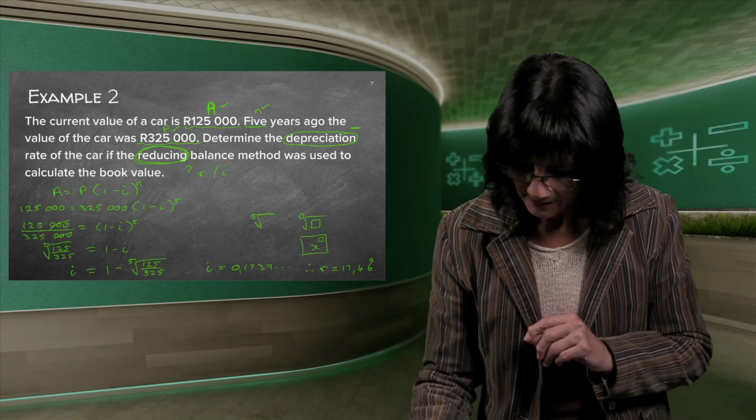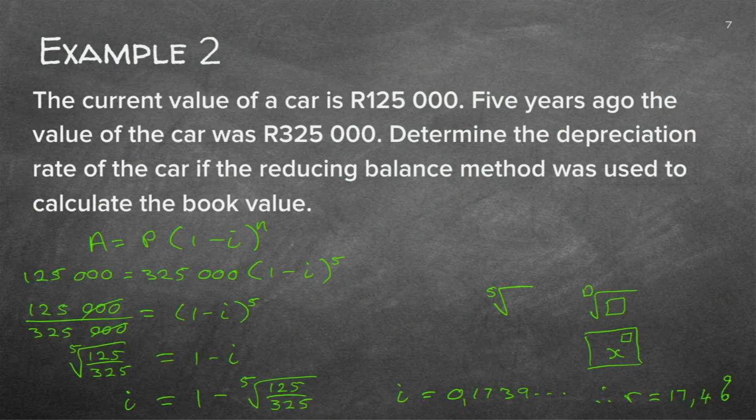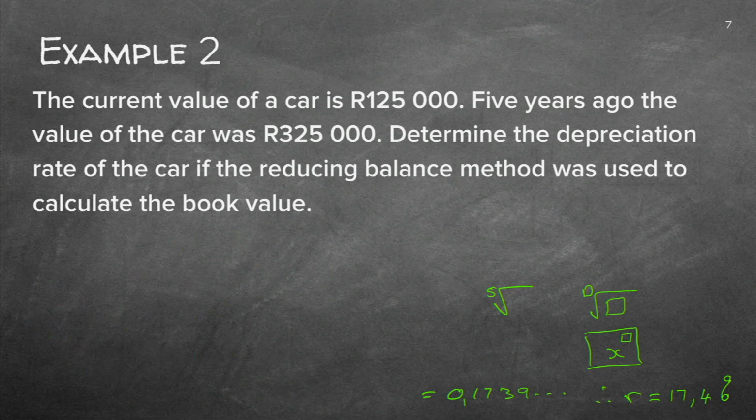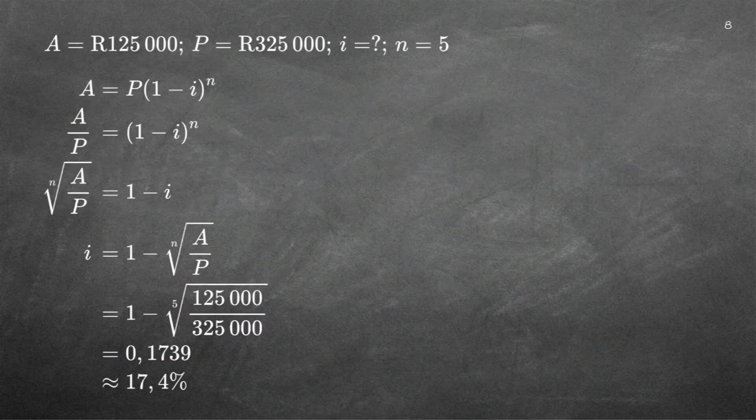Good. I'm taking off all of this. By now, I'm sure you should actually be able to do all of this with your eyes closed because it's all just the same. On the next page, you'll find the answer. Again, you see that approximate sign there. It means you've rounded off. So it's not the exact figure, but it's fine for our purposes.